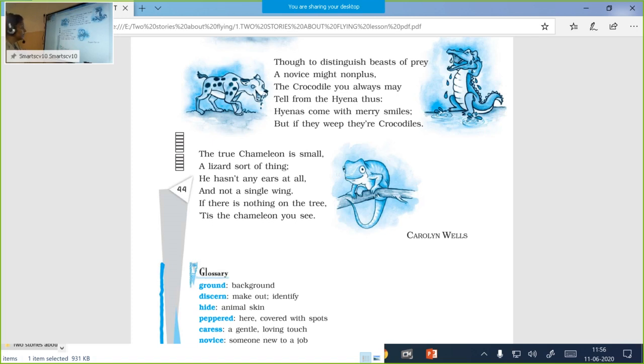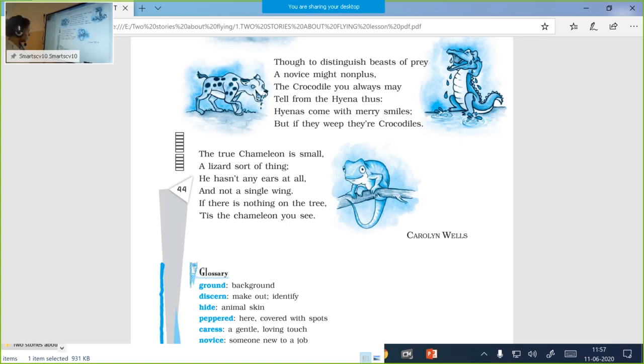And if you happen to notice that there is nothing to be seen on the tree, you can be certain that it is a chameleon. Why? Because chameleons are good at camouflaging themselves. When they sit on a green background, they turn green. If they sit on a brown background, they would turn brown in color. So chameleons are known to have this quality of changing the color of their skin. And so if you find nothing on a branch or a tree, you can be certain that it is a